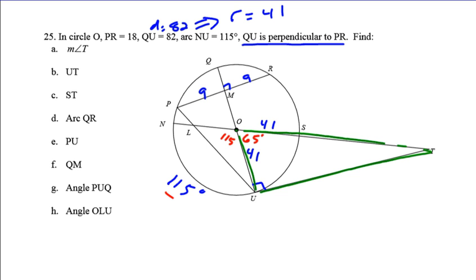So first let's find angle T. Angle T is going to be 90 minus 65, which will be 25 degrees. To find UT, we need to use some trig. We know that this is opposite to this 65-degree angle, and this one is the adjacent, and the one that uses opposite and adjacent is tangent. Tangent of 65 degrees equals UT over 41. Cross multiply the 41, plug it all into the calculator, and you